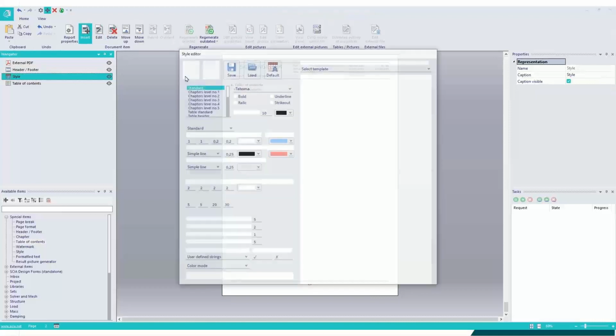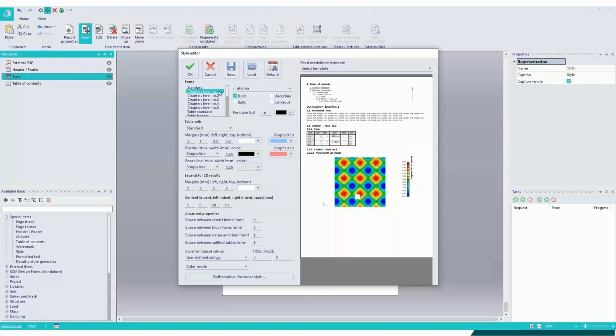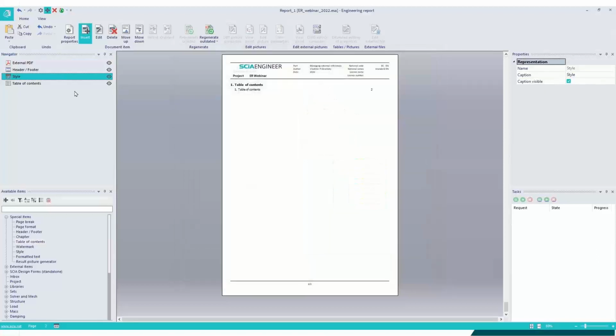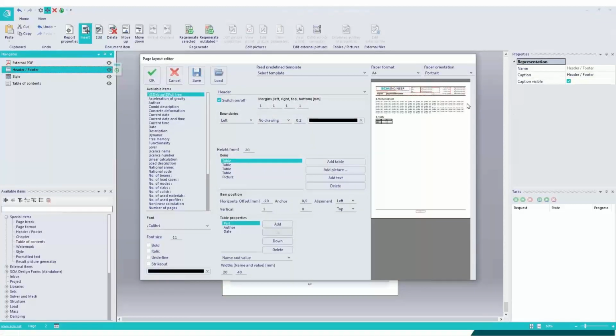Let's have a look at the style. Let me edit this item. For every type of, for example, header level, chapters, tables, anything, I can define a style. I have here the preview of how the style looks. I will just change these two for the speed, but you can indeed change a lot about the visual